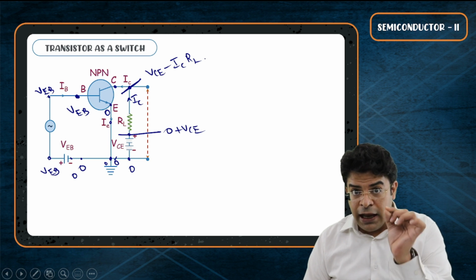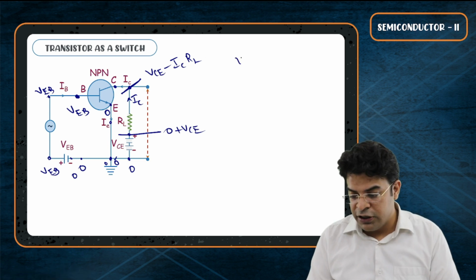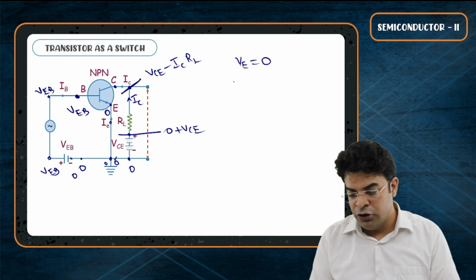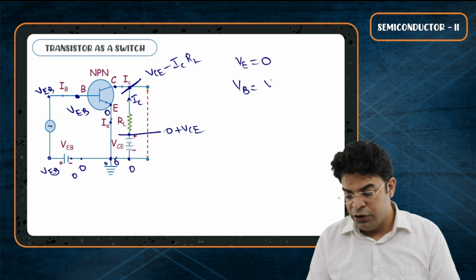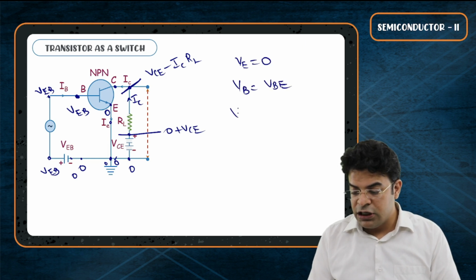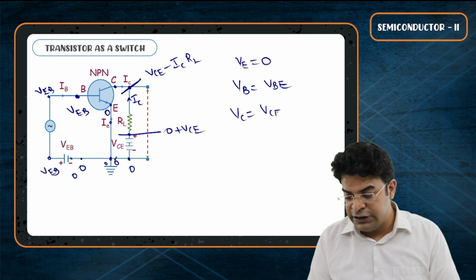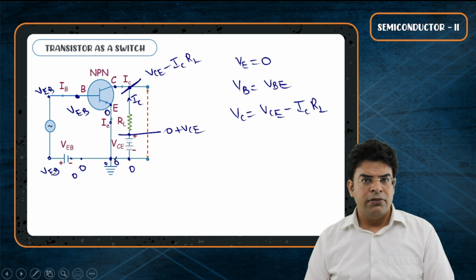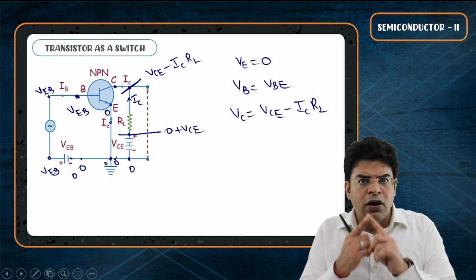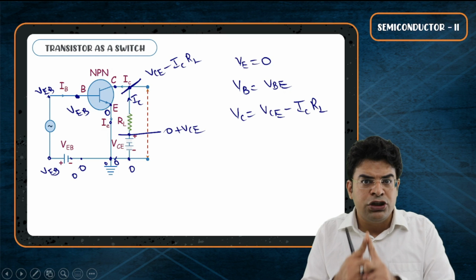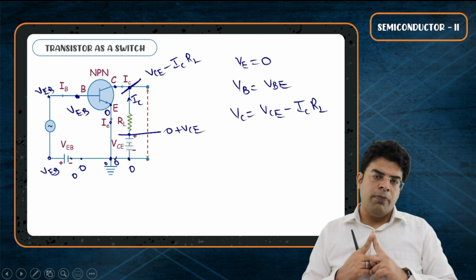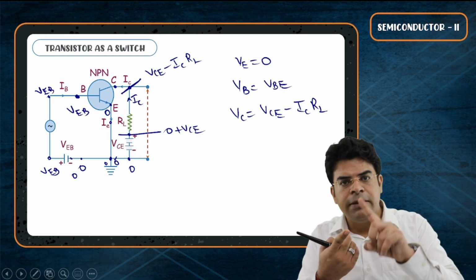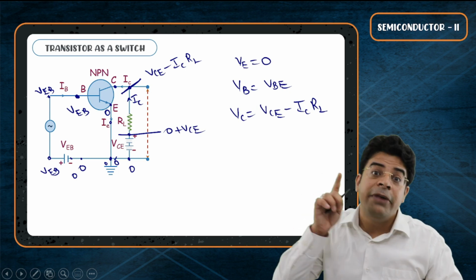Now I am establishing this thing. Potential of emitter 0. Potential of base VBE. Potential of collector VCE minus ICRL. Right? For proper working of this transistor, what has to be the condition? Sir, for proper working of transistor, base emitter junction has to be forward biased, base collector junction has to be